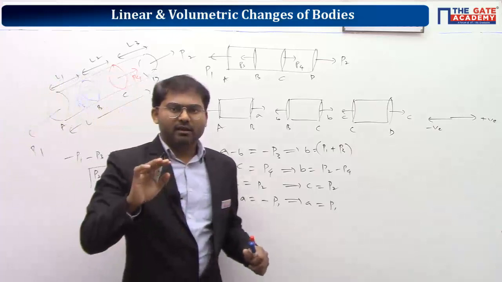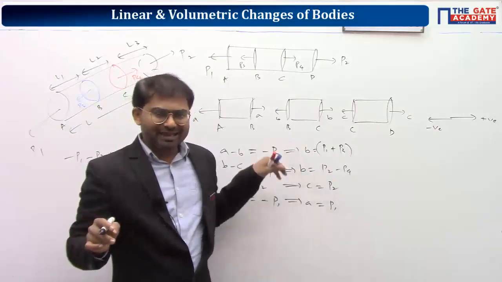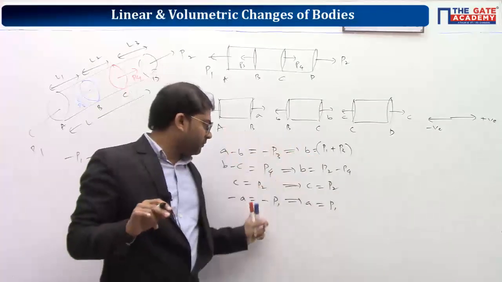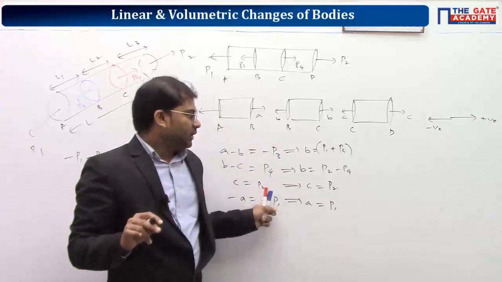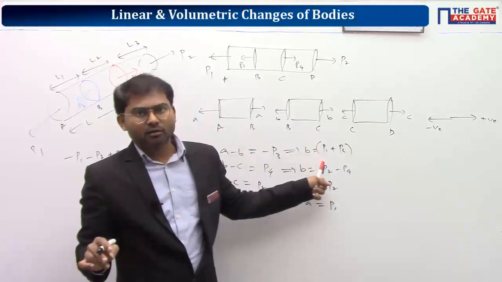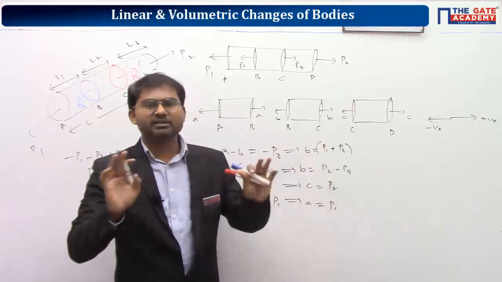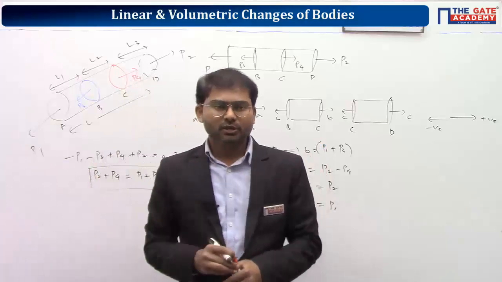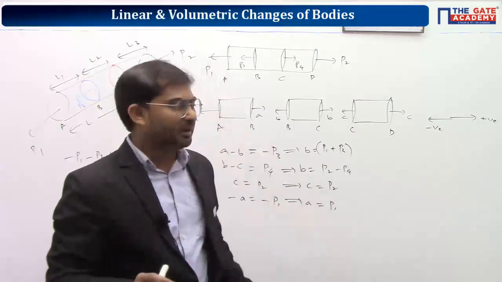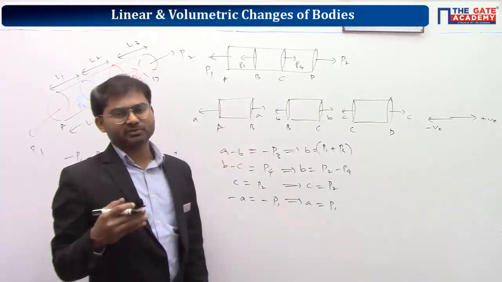So here you have an advantage. You can cross check. By doing your calculations, if you are getting B value the same, it means you made no mistake in these steps. If you made some mistake, you'll get it wrong, at least in terms of sign. So if anything is different, that means your calculation is wrong. So you got all the values of small a, small b, small c, that means the forces here, along with sign. So you can understand which one will be experiencing tension, which will be experiencing compression.